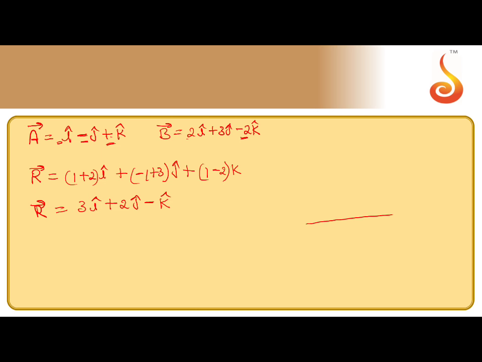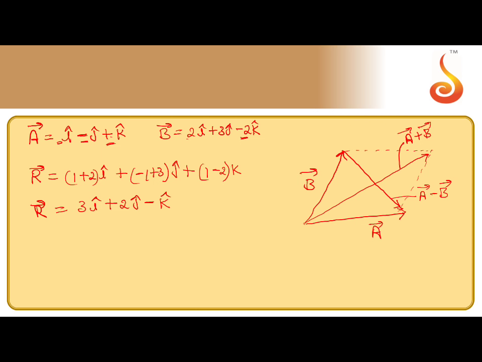So my dear students, understand that if this is vector A, this is vector B, then when you complete the parallelogram, this will give you the resultant. This is called as vector A plus vector B. The opposite diagonal will give you the R equal to vector A minus vector B. So to find this, between these two, just how I have done the addition, you need to do the subtraction.